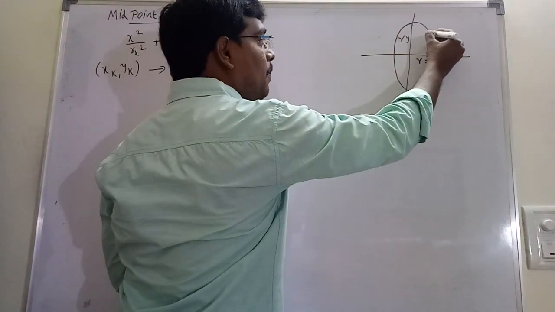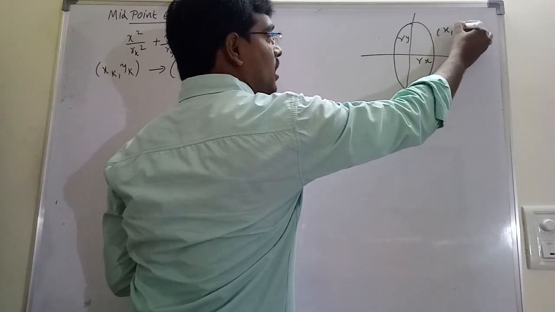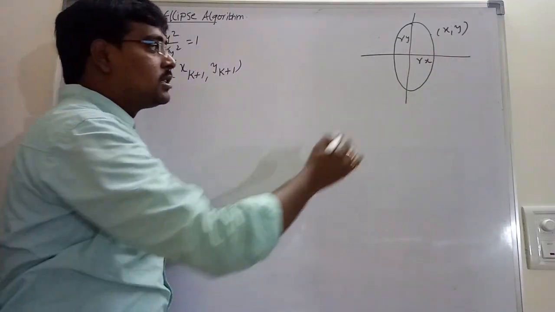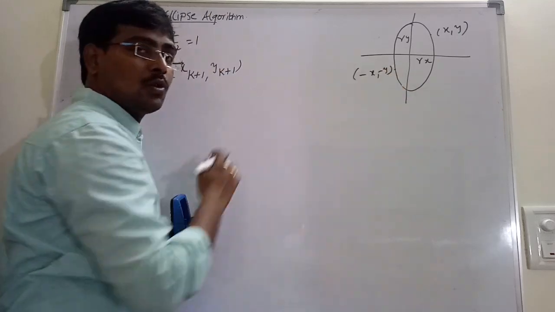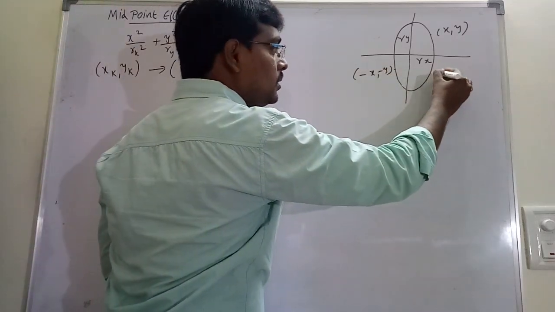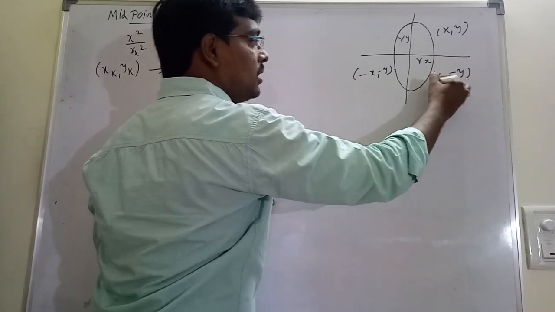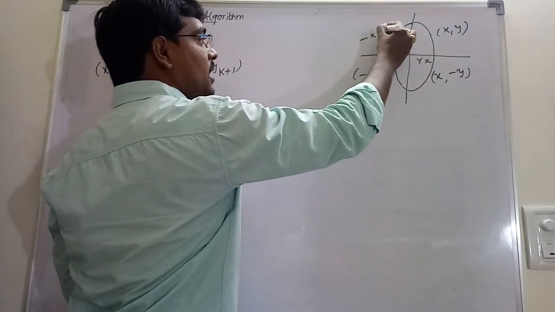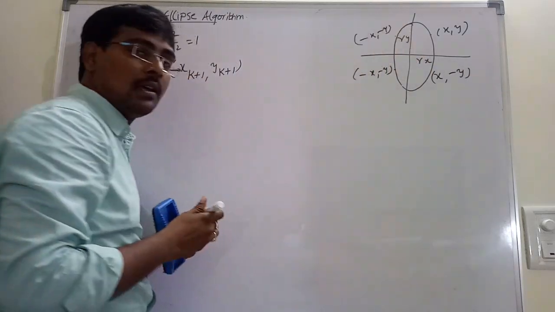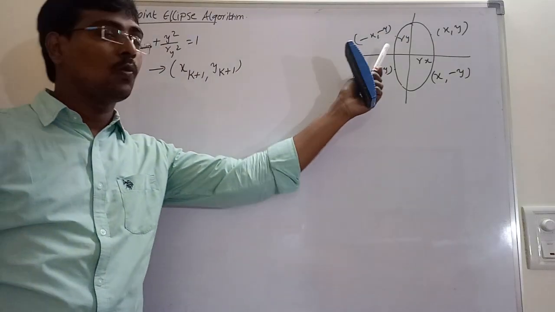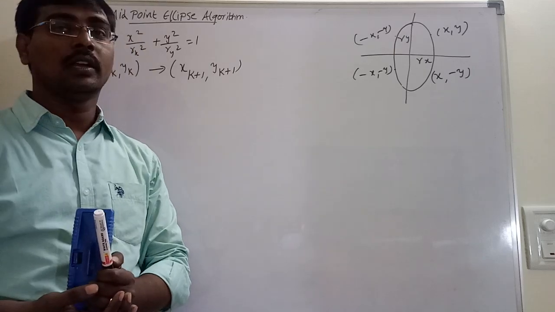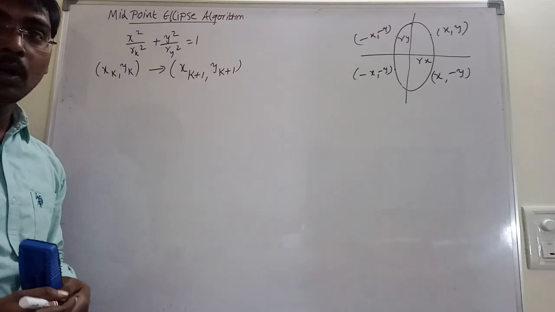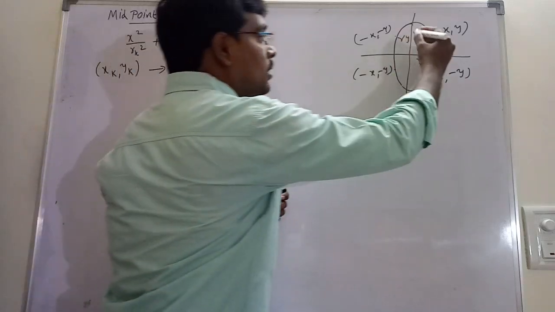For example, if a point is x comma y in this quadrant, simply the point is minus x comma y on this quadrant, x comma minus y on this quadrant, and minus x comma minus y on this quadrant. That means we are calculating only one quadrant, and based on this we are identifying the remaining three. And one more property of the ellipse is